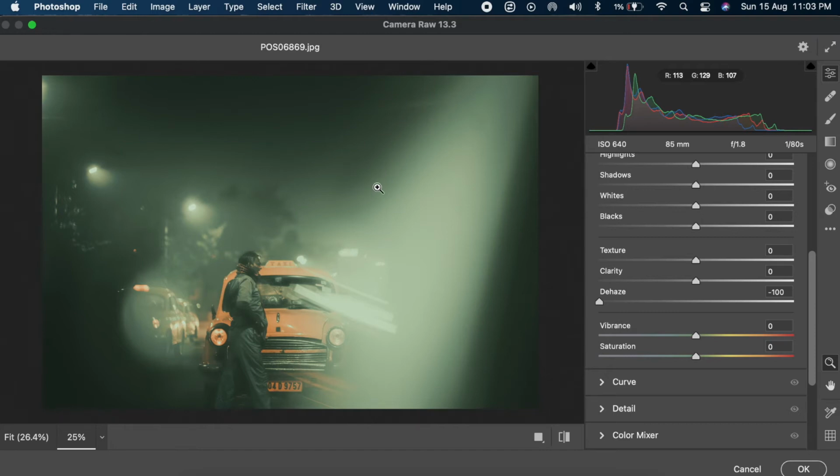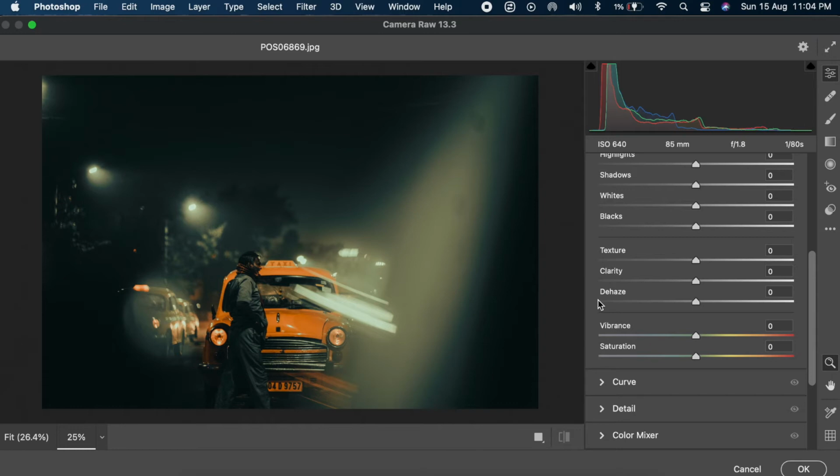But we don't want it to globally affect everything in the frame, like our subject and other significant things. We want them as they are in the photo. So let's reset it, and that's where